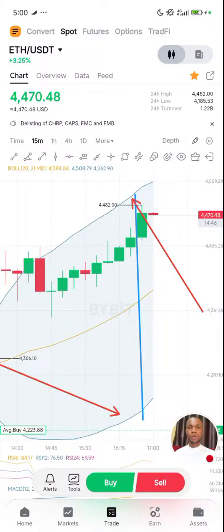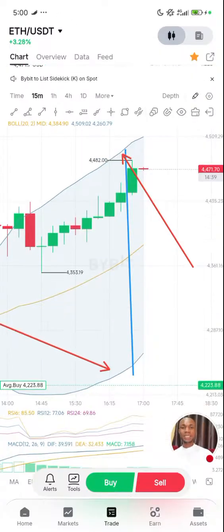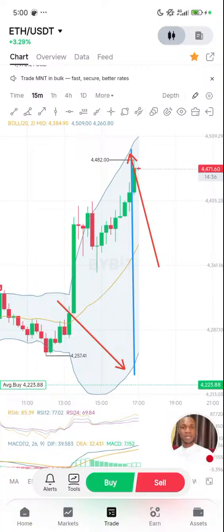So if you look very well now, another red candle has been formed here, and that red candle is trying to form. Now people are panicking. Experienced traders are not going to stake their money in this particular position because the market is about to go down. So what you have to do before you stake any money as an investor, a crypto trader and investor as well, before you buy any asset in this crypto, make sure that you use the time frame